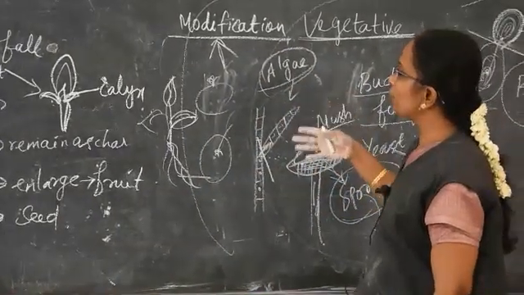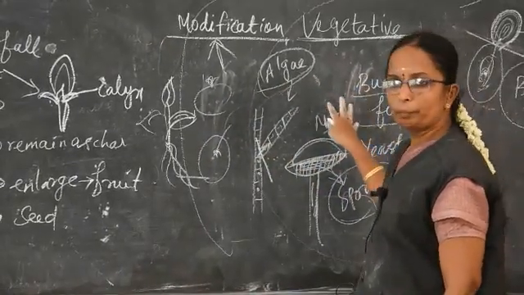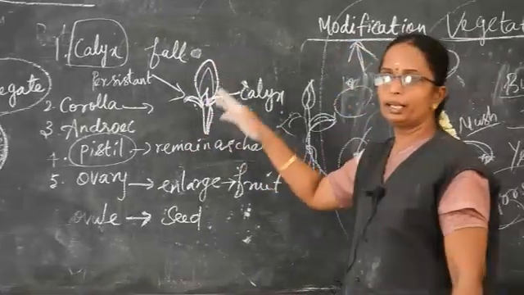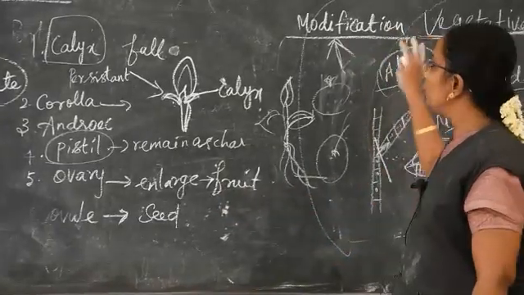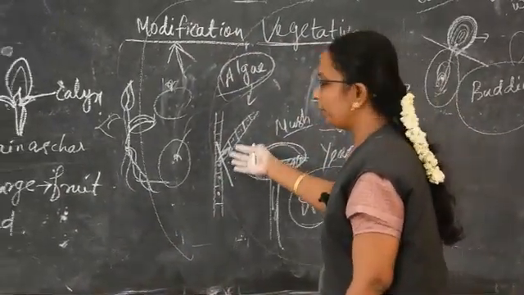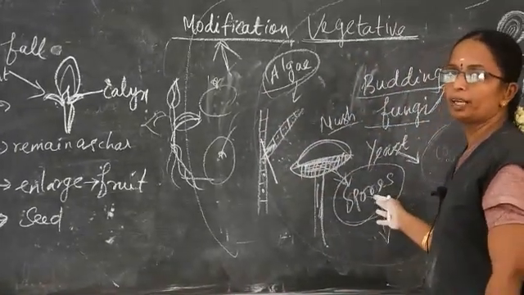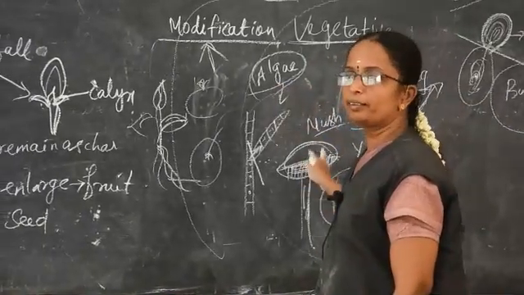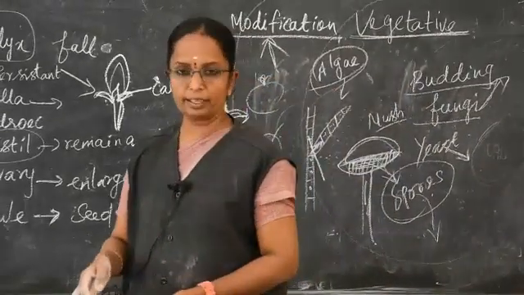Thus, there are two types of reproduction, asexual and sexual reproduction. Sexual reproduction happens with the help of two sex organs, male and female. After that, what will they form? Zygote, the fertilized egg, is formed. During asexual reproduction, they undergo budding, and then filament. Each filament detaches from the parent plant. Through spores they develop. So thus the reproduction is by this method. This is known as asexual reproduction. The rest we will see in the next class.